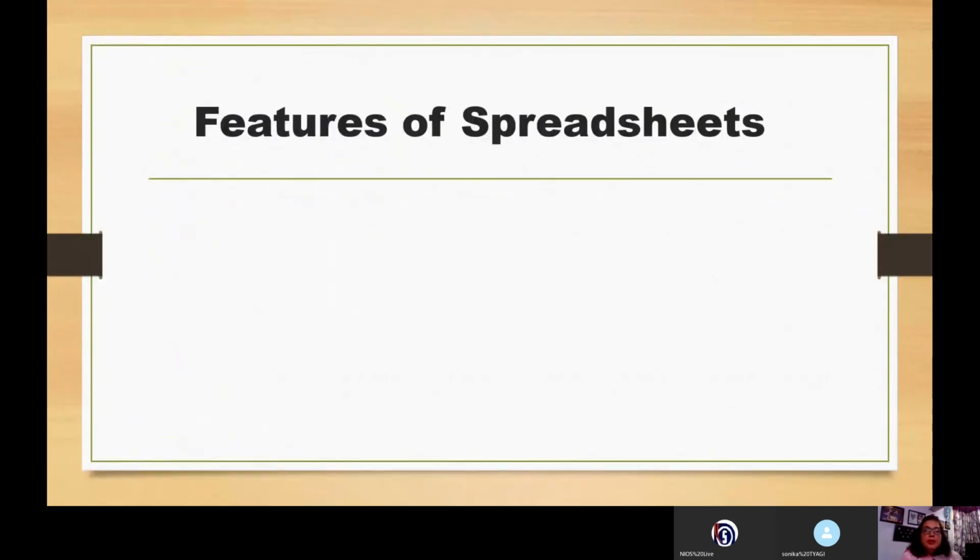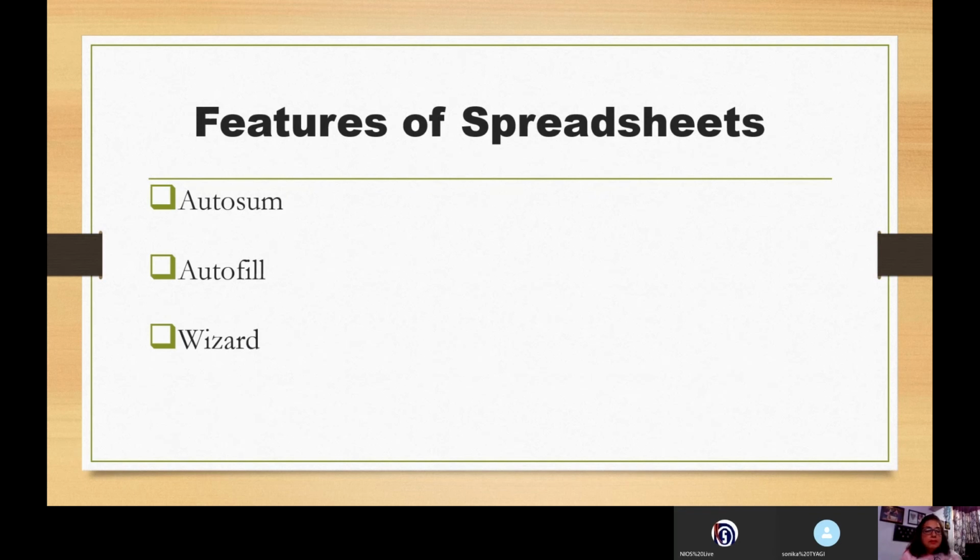First and foremost, we'll discuss various features of spreadsheets. As I mentioned before, a spreadsheet is a software application which helps us to enter, organize the data. So what all features make it useful for its users? We have the auto sum. Automatically, we can add certain set of numbers which makes it easy for us to see the result. Autofill feature which helps us to fill a particular series in a spreadsheet.